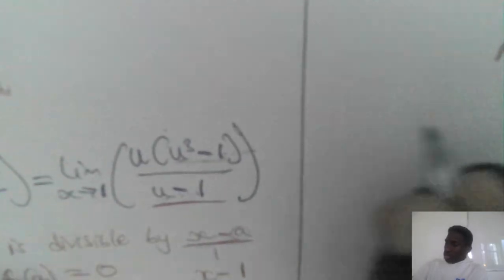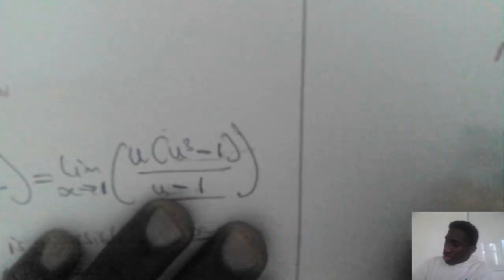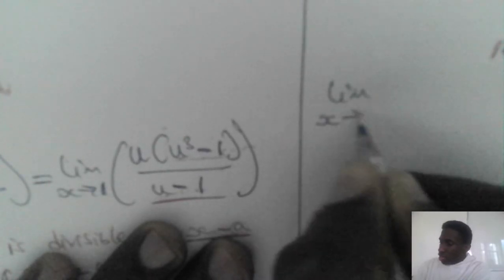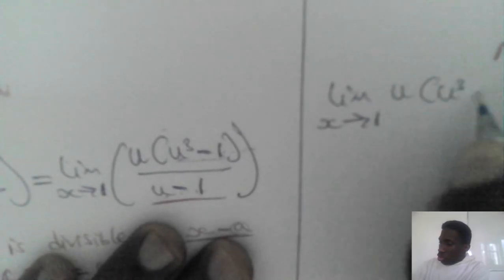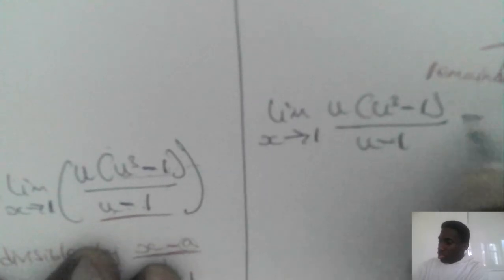So now back to our problem. We see that this limit here, the limit as x approaches 1 of u into u cubed minus 1 divided by u minus 1 is equal to